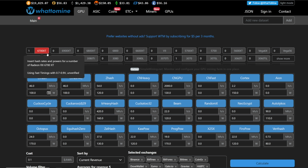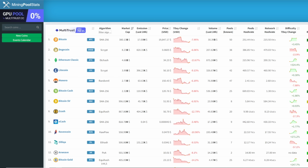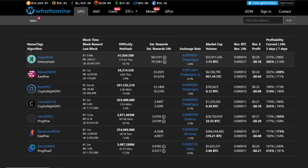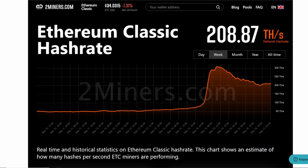I think I've mentioned this before, and what I'm experiencing right now is that I hate that a lot of my rigs are off. You guys know my addiction to GPU mining. I just want to keep all my GPUs on, but it's so hard because the yield is quite high right now, since everyone has moved over. So my strategy, or idea, really was to shut down all my rigs and just wait another week or two,